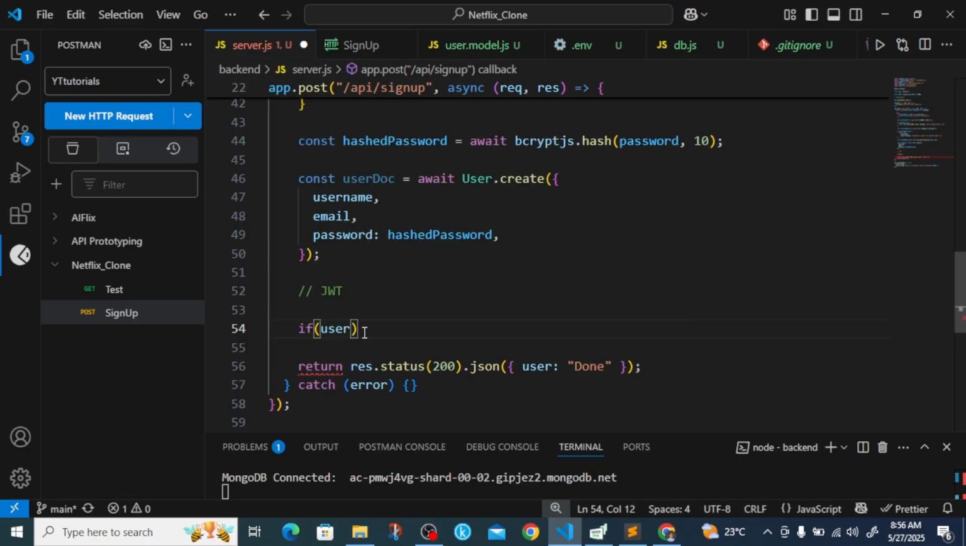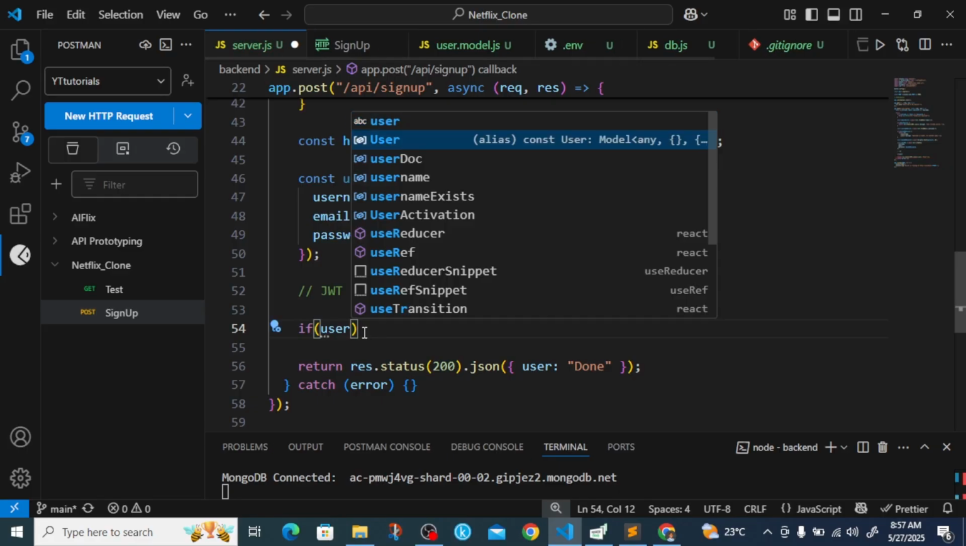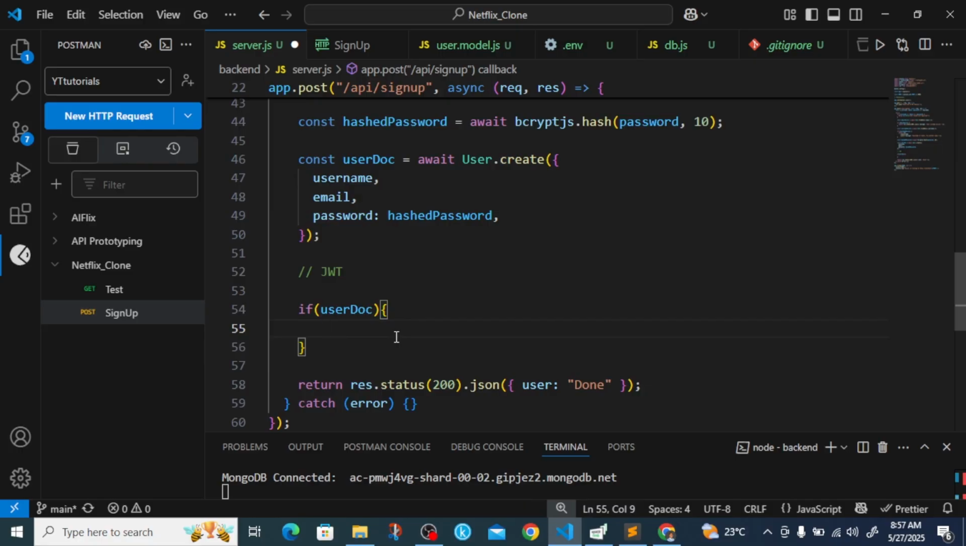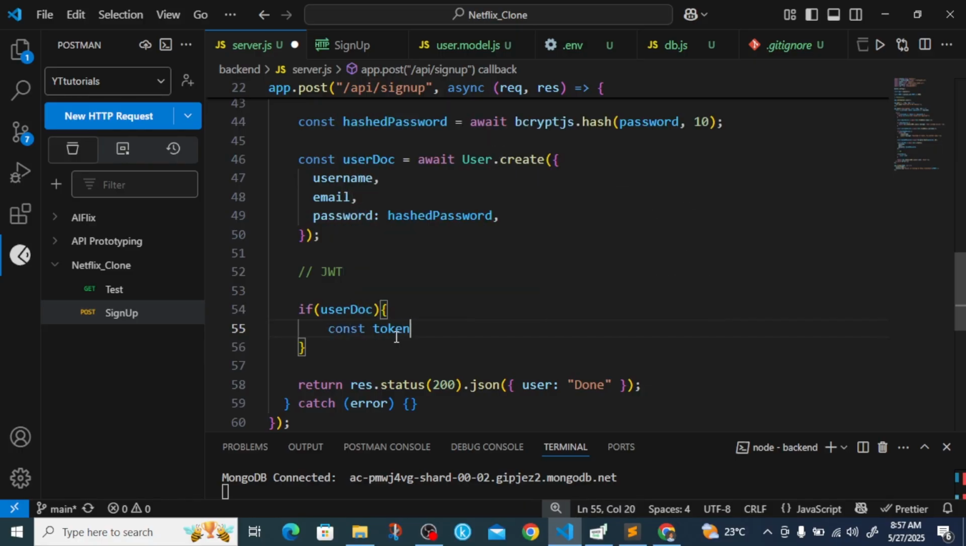So we don't want to store any cookie if the user document does not exist, so we have to create the user first before storing the user cookie. Okay, so if the user document exists, we are going to come here and say const token will be equal